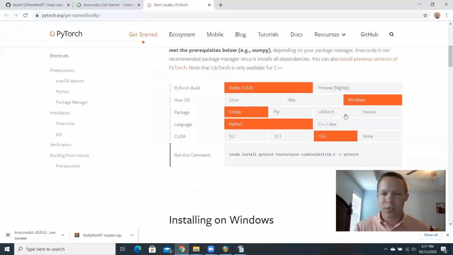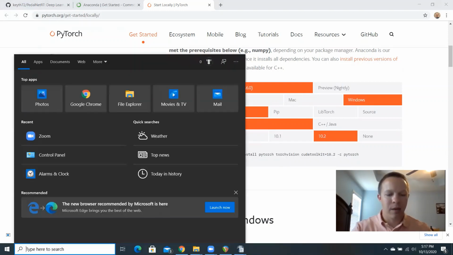And we're going to choose the appropriate version. I'm going to be using Windows Conda because we're using that Anaconda environment, language Python, and the CUDA version, which we noted earlier, for me is 10.2. If it's different, if it's 9.2, 10.1, and we're going to open up an Anaconda prompt by, this is how I do it, by starting to